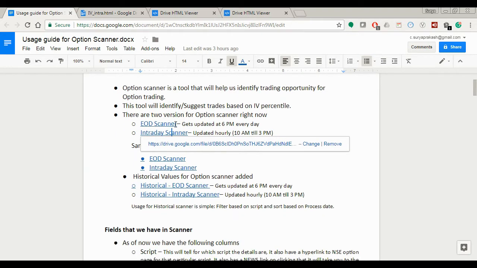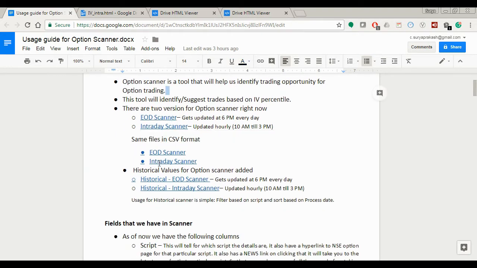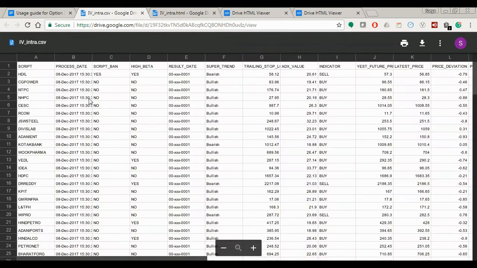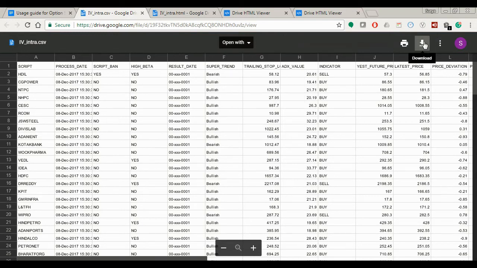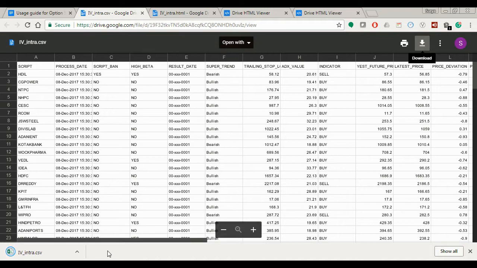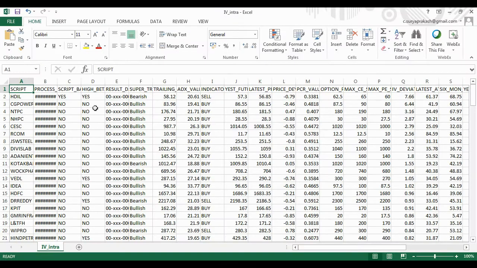For this as well we have the files in CSV format, so you can open them. You can open it in Google Sheets, which is the default, or download it here and open it in Excel as well. Similarly, these are the values we are updating here. So let me open it. This is the intraday sheet. Here also you can apply the same filters that we applied